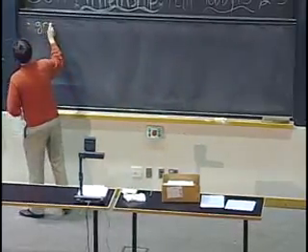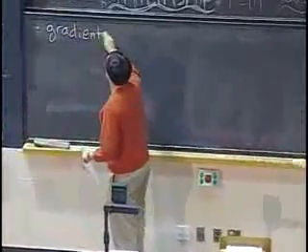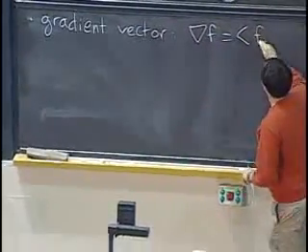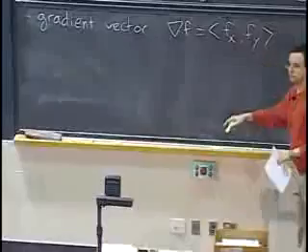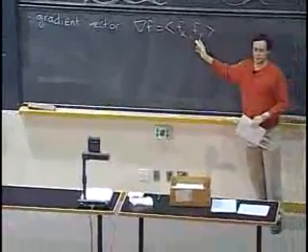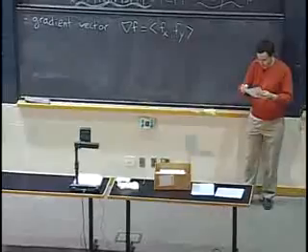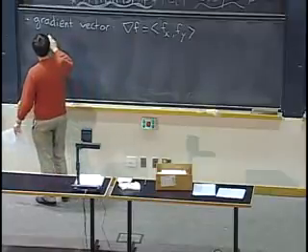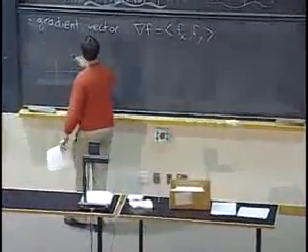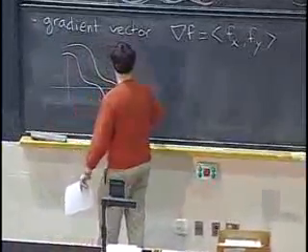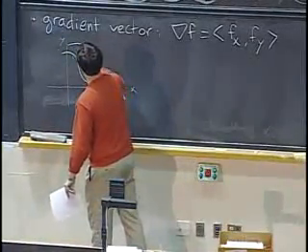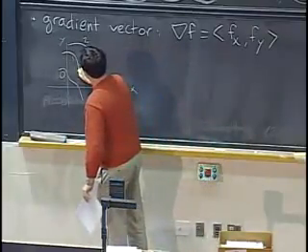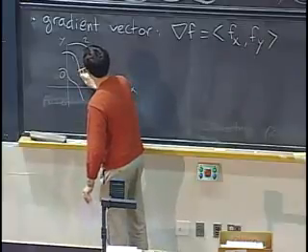So we've learned about the gradient vector, which is del f, a vector whose components are just the partial derivatives. So if I have a function of just two variables, then it's just this. Okay. And so one observation that we've made is that if you look at a contour plot of your function, so maybe your function is 0, 1, and 2, then the gradient vector is always perpendicular to the contour plot and always points towards higher ground.